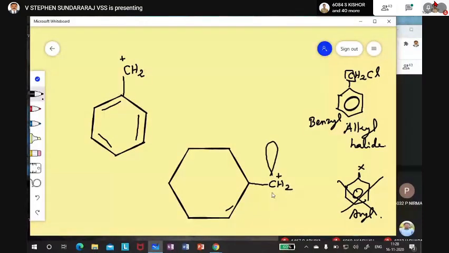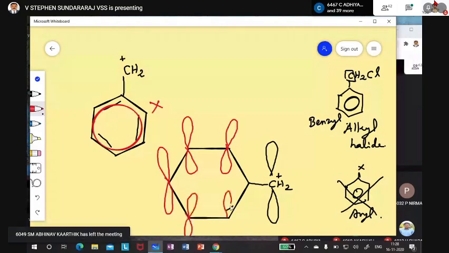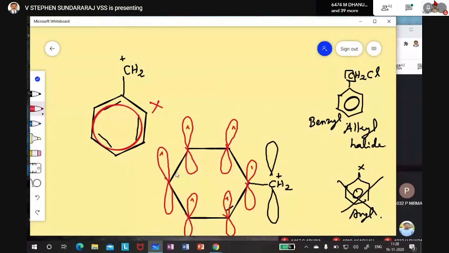And then what happened? Before resonance we are simply showing double bonds, but that is not the true structure. You have to draw the circle. So what is that circle? Each carbon has one lobe above and one lobe below. All of them have one electron, and they are equidistant on both sides. So why would they be localized in one place? They are delocalized. This is completely formed, and it will be extended.